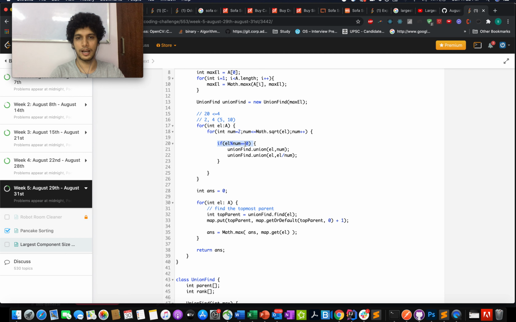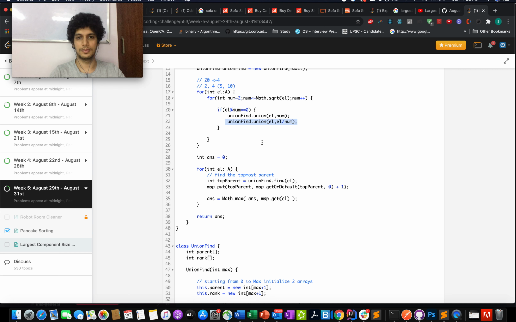If the current element el modulus num is equal to 0, that means the element el is divisible by num. You do a union find on el and num. Otherwise, you do the union find on the other part of it. You do it for all the elements, and you create an answer variable. Now you iterate through all the elements.